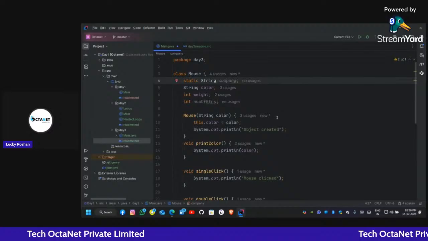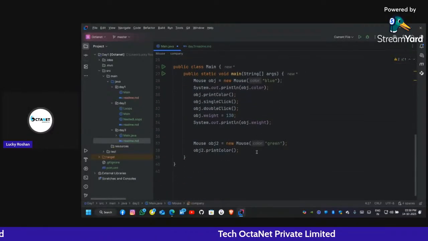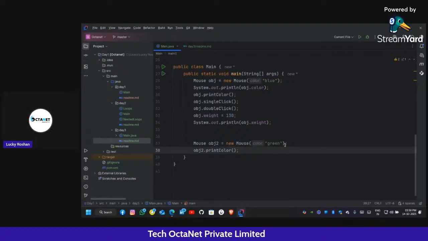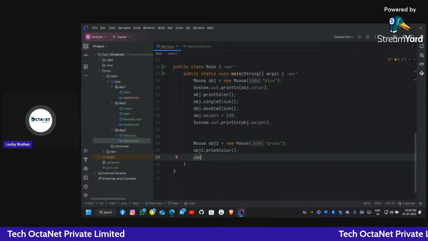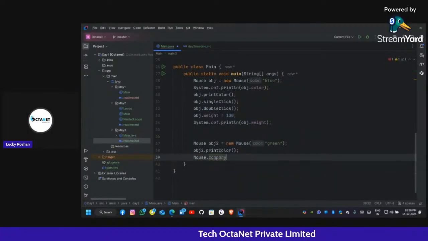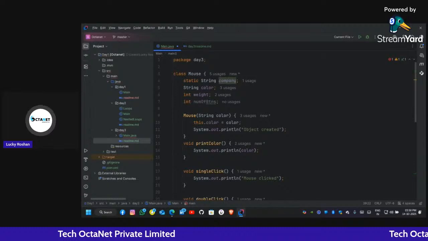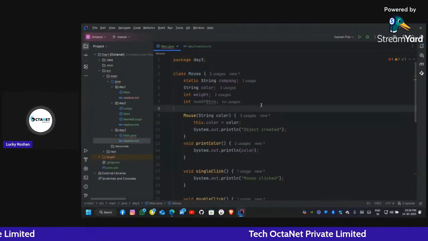So we created a class mouse. Now we need to use it. So how to use it? If you write company, there is nothing, so you have to write mouse dot company. You see, to access the static variables and static methods, we can use the class name and the dot operator.